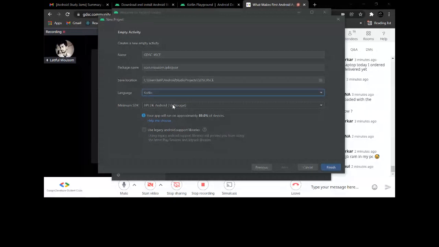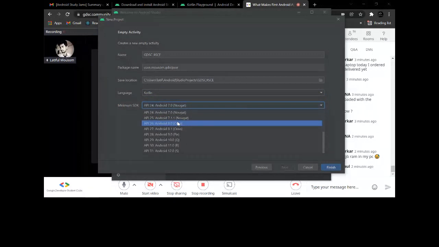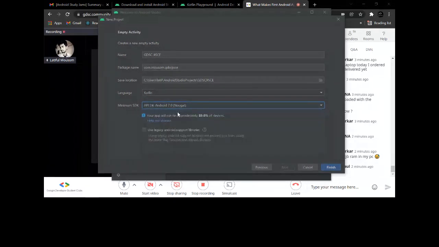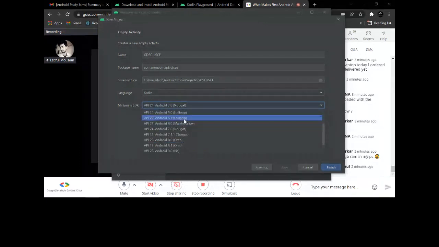If I want to give support for Android 8 and higher, it means the app will run only on Android 8 and higher versions. If I choose Android 7, then it will run on Android 7 and higher, not lower. It will not run on Android 5, or on anything lower than Android 7.